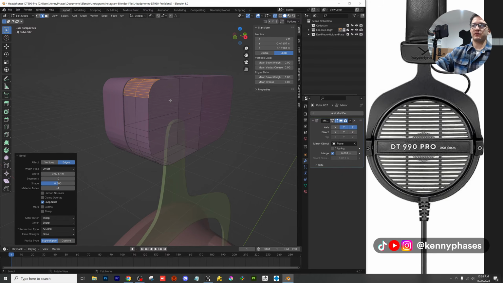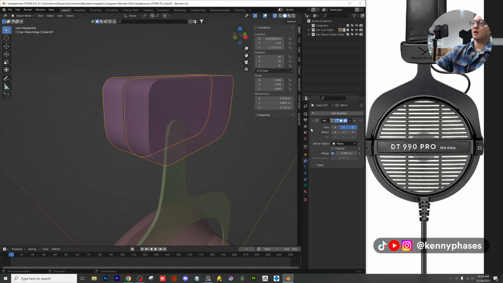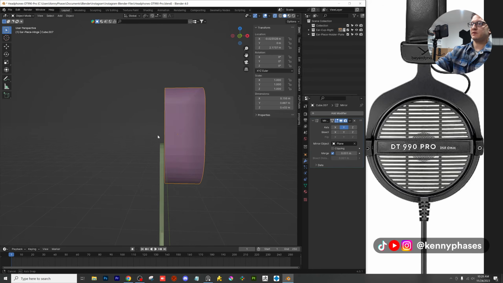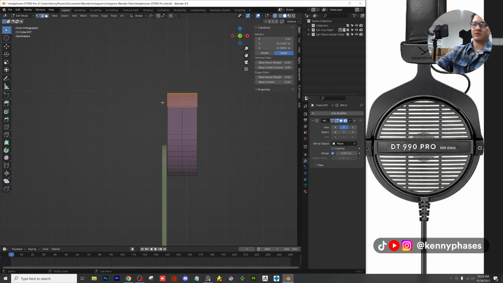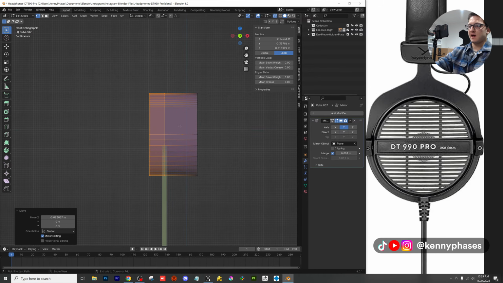So what I'm going to do instead is tab out of edit mode, get rid of the modifier here, and tab back into edit mode again. I'm going to select this one side and scale accordingly. I'm eyeballing this right now. This is interesting. Okay, so I'm going to go to vertex select mode, make sure I'm in X-ray mode, bring this over on the X, add a loop cut,